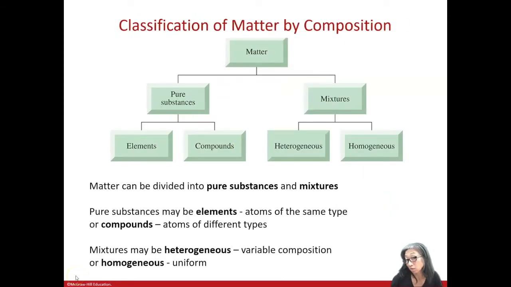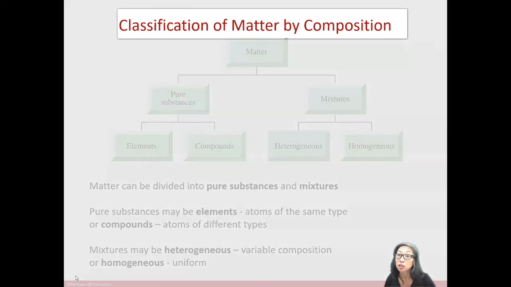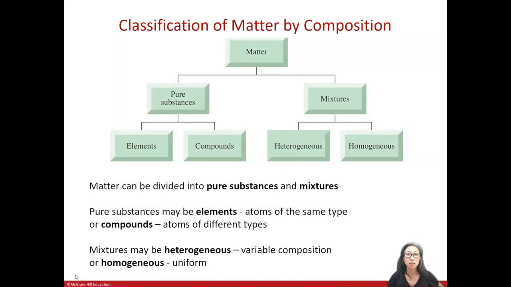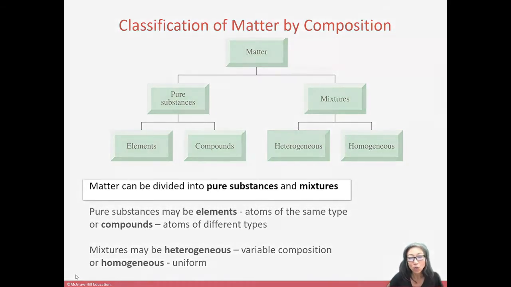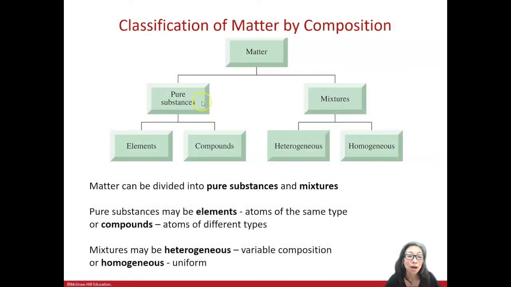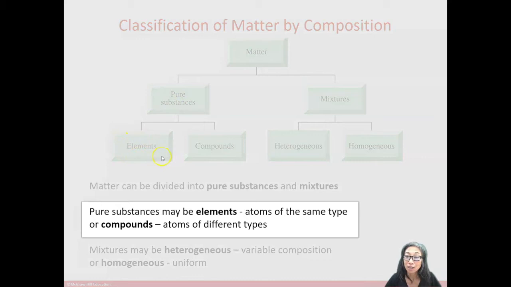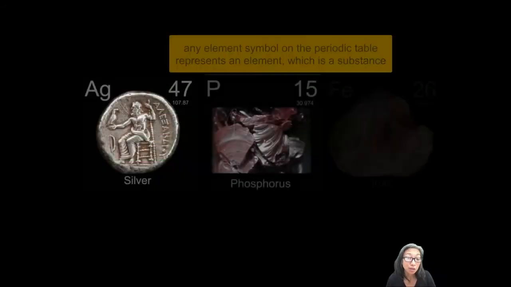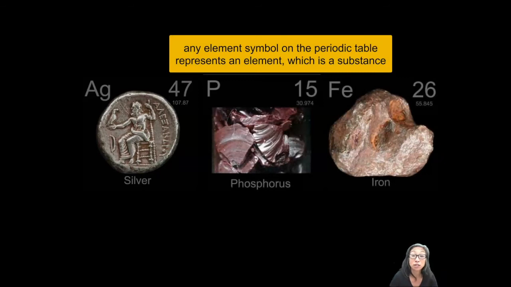Another way to organize matter is by its composition, what it's made out of. Matter organized by its composition starts off with the same idea. You've got all the stuff in the universe that you can see and not see, and you decide if it is a substance or a mixture. And the substances are made up of elements, the elements in the periodic table, or compounds. These substances are really, really small, and you cannot see them. These elements can be composed of single atoms, represented by a single box on the periodic table, or we'll see molecular views of single atoms.